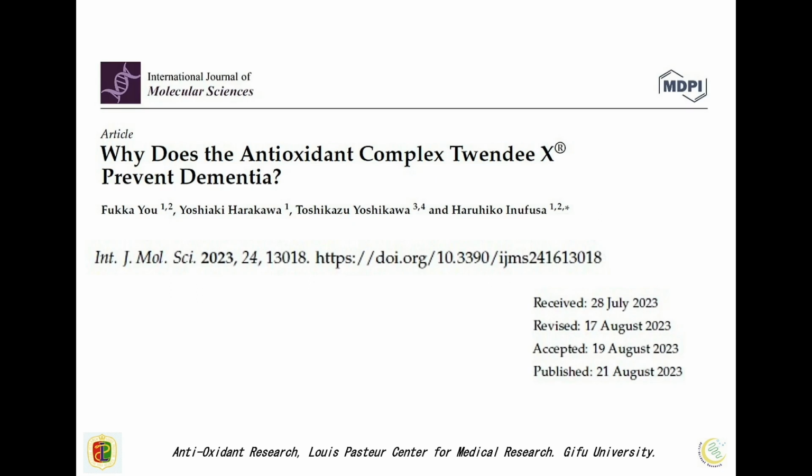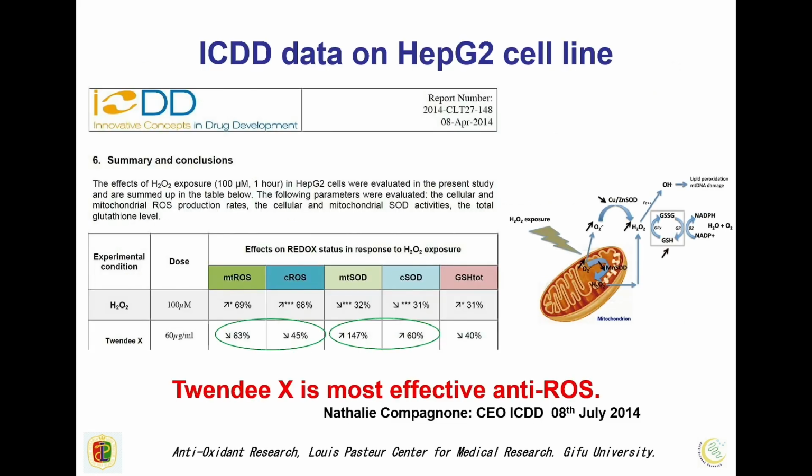And recently, we published this manuscript: Why does antioxidant complex 20X prevent dementia? And there are a lot of factors. I will show several factors. This data is from ICDD, in France. It's a special company for measuring oxidative stress. They are using cell lines and they put in the 20X. And then what they found is